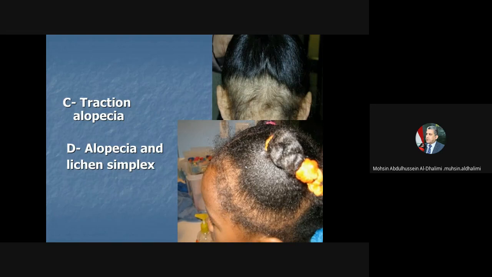Traction alopecia. This is induced by frequent traction of the hair during hairstyling. So it is mostly seen in females with long hair and females with curly hair that pull their hair, or have it styled by the mother in order to straighten the hair. So there is a strong traction applied on the hair shaft, and this continuous strong traction leads to localized hair